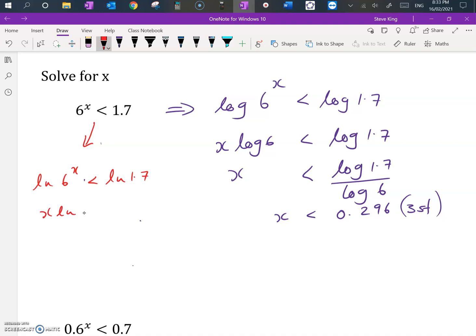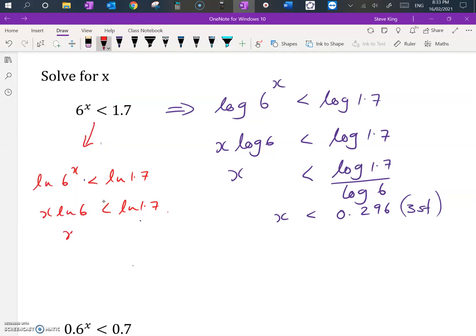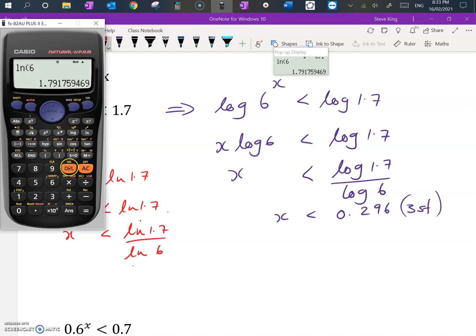That's x. Ln of 6 is less than the ln of 1.7. If I go and check what the natural log of 6 is, it comes out as being a positive number, so I'm fine. If I divide both sides by that, x is going to be less than the ln of 1.7 divided by the ln of 6. And if I do that calculation, the natural log of 1.7 divided by the natural log of 6, once again I come up with the same number,